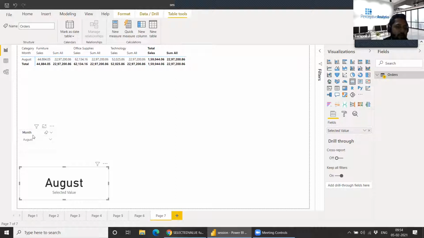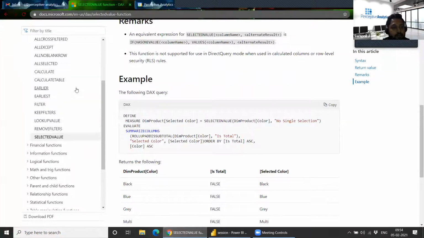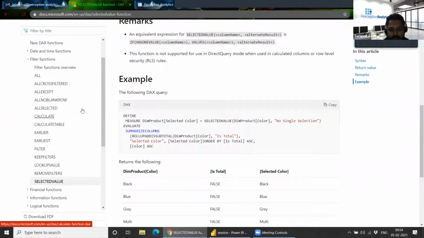It will capture the value which we have selected in our filter, and we can use these values to filter the second table. So these were the filter functions which I am using for my project. Any doubts in any of the filters?